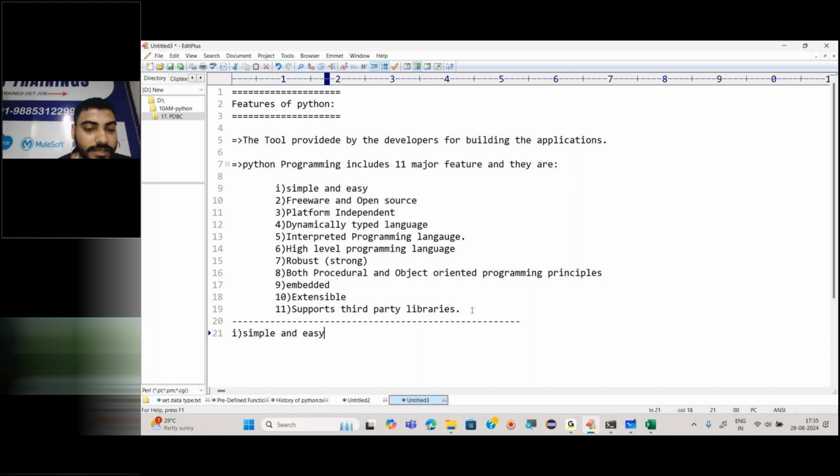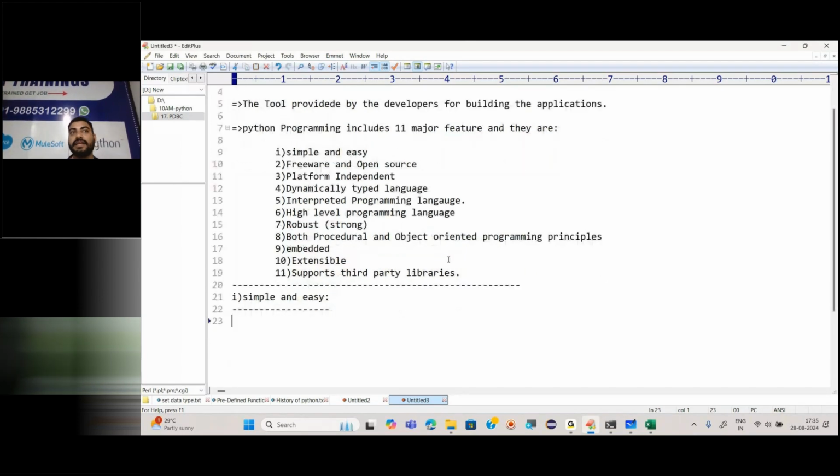First, Python is a simple and easy language. Why? People say writing code is easy in Python. It is easily understandable.